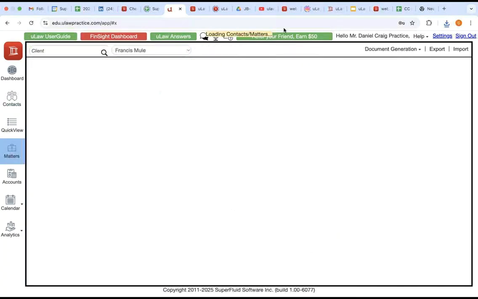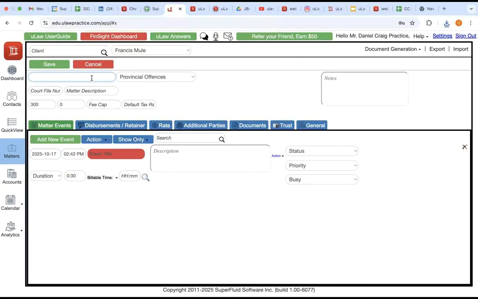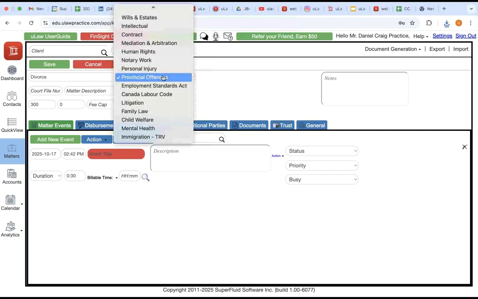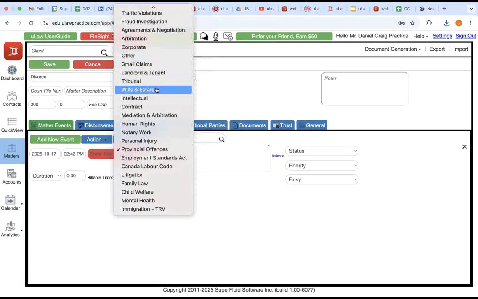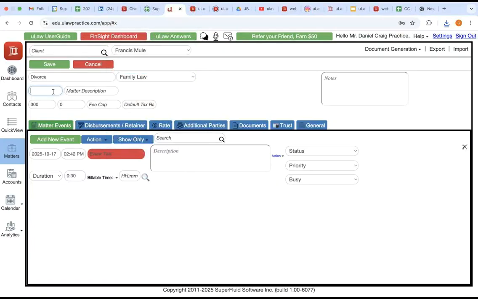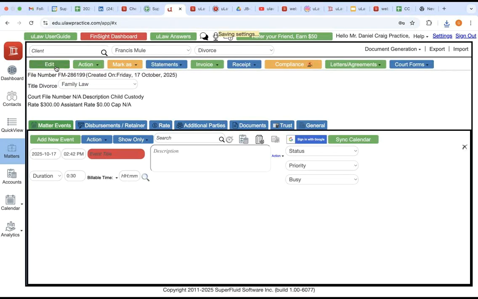How do you do this, right? Now, you could first of all open a file for this client. Let's say this client was a divorce file, like a family matter. So let's say area of practice. We also have custody. I want to specify a few things about this matter. When you're creating the matter, you do all of those.